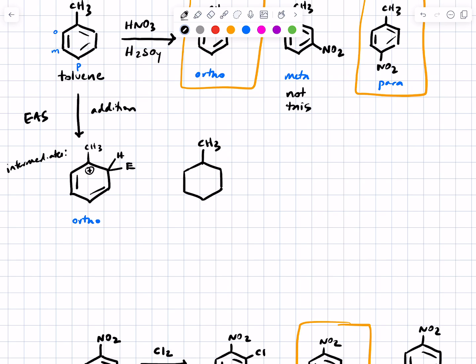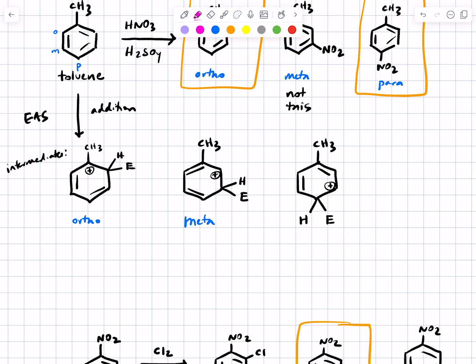So let's now draw the meta substitution intermediate. And then let's draw, oops, that's meta. And then let's draw the para substitution intermediate. Now, at long last, you should be having an aha moment where you see why on earth, if you took 351 from me, I beat you in the head, not literally because this is not a violent class, but on the test,